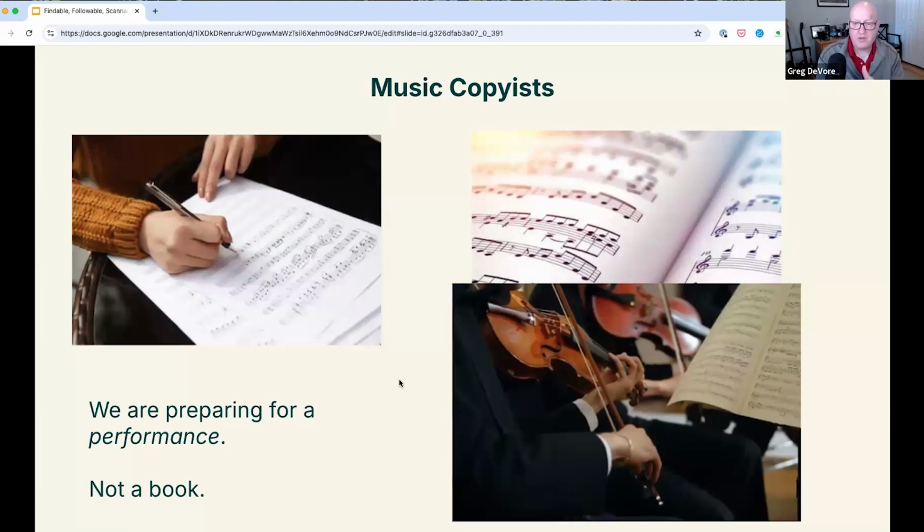You want to put the page turns in the right place. You're making sure you're not hiding beats in there, and you're notating in a way that it's optimized for someone to perform. Well, why am I talking about this? Well, we want to do the same thing. Too much of documentation is written with the idea that it's going to be in a book and not from the lens of this is going to be used for a performance. Well, what's that performance? That performance is when somebody has to use it to do their job.